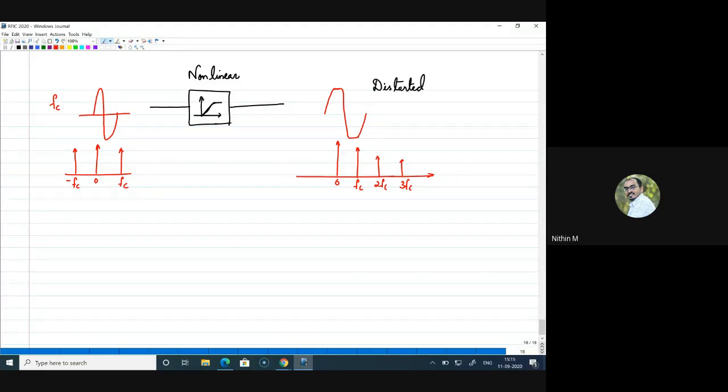So I hope you can relate with this, or if not, I'll just try to take up one example where we work with a CS amplifier. So this is your CS amplifier where this is your V in and this is your V out. And if you look at the characteristics, what I have drawn here is nothing but the transfer characteristic. This is V out versus V in, right? Now, if I look at the transfer characteristic of